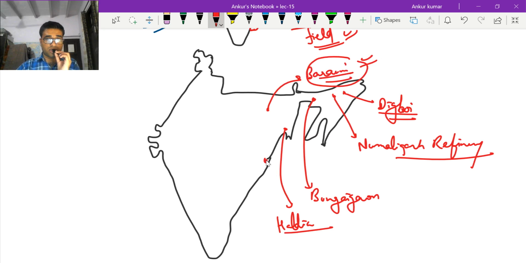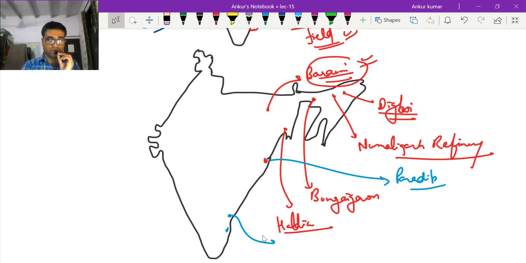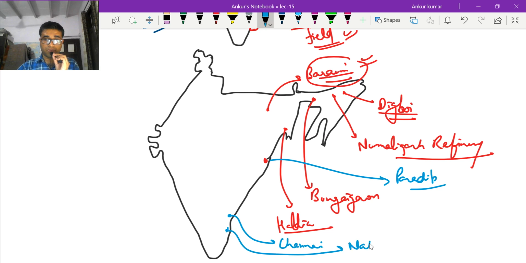This is Haldia, here it is Paradip. Okay, this is Paradip. Okay, here you have the Chennai, south of Chennai Nagapattinam. Both places you have the refineries. Okay, Chennai, this is Nagapattinam refinery,